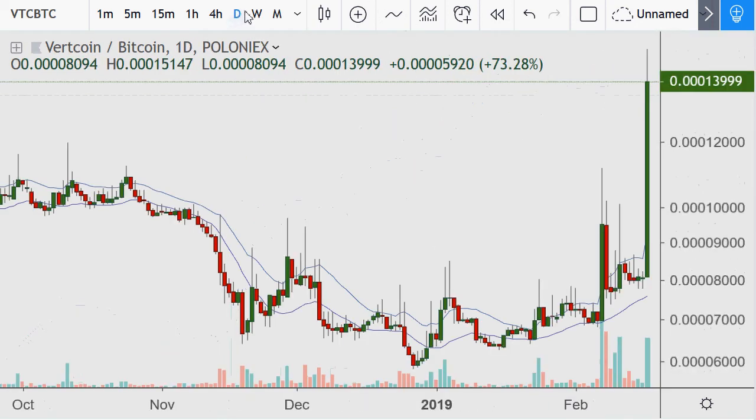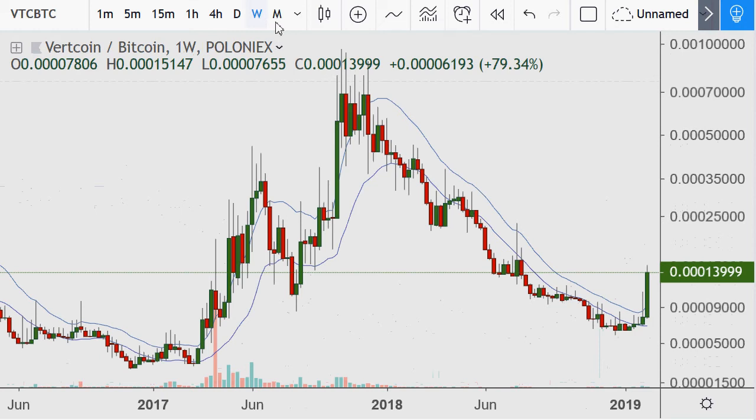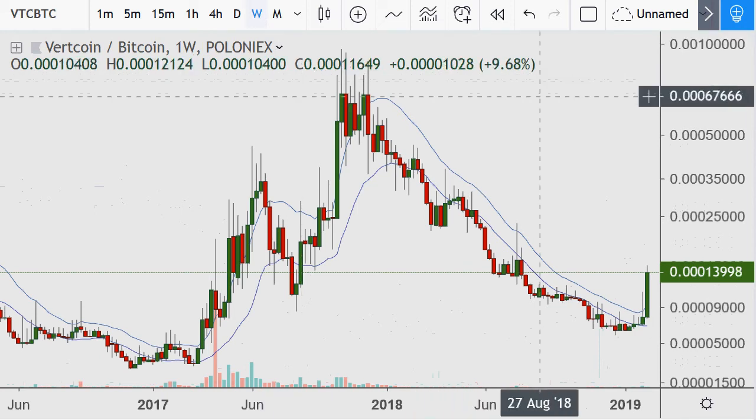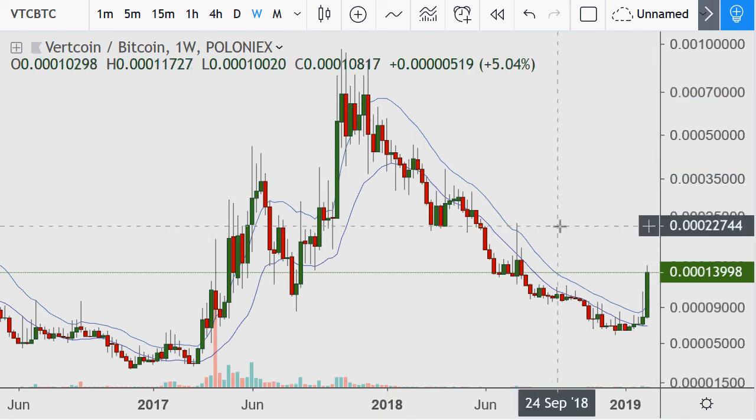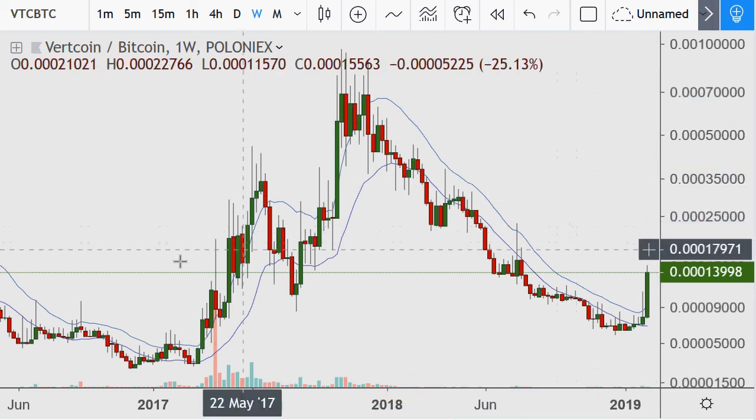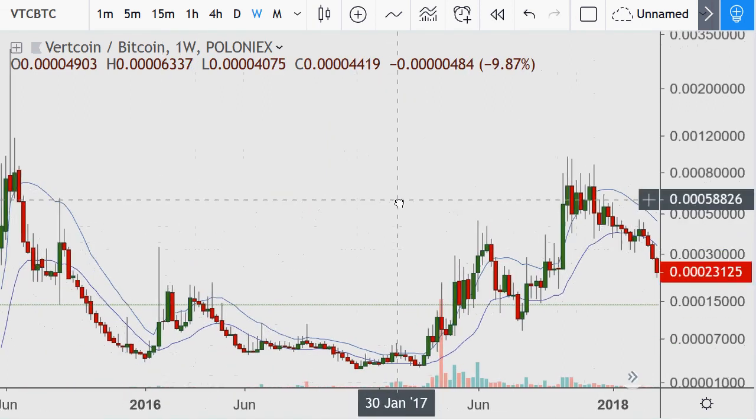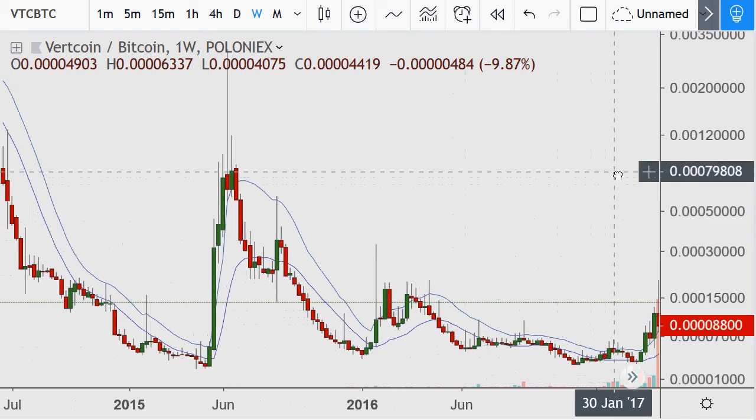But moves like this are just wild, because on the weekly time frame, what is Vertcoin doing? It's making a statement. It's just screaming, yelling, "Hey guys, we're breaking out. We're finishing this downtrend. We're going to start an uptrend." Oh, okay, well, let's see how you do. Last time it screamed that out from a downtrend would have been